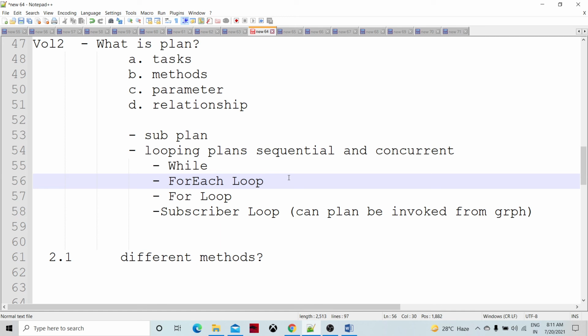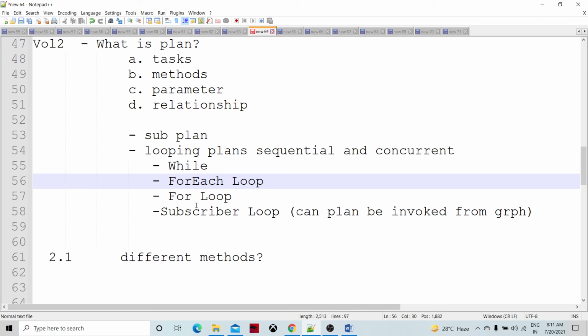If we are going to apply the same kind of processing on a set of 10 files, then we can create a vector out of those 10 files, and loop through that using the for each loop. This could be concurrent, because if we know that these executions are independent of each other, we can execute the for each loop in a sequential or concurrent manner.